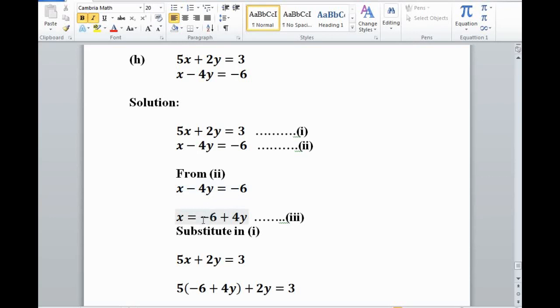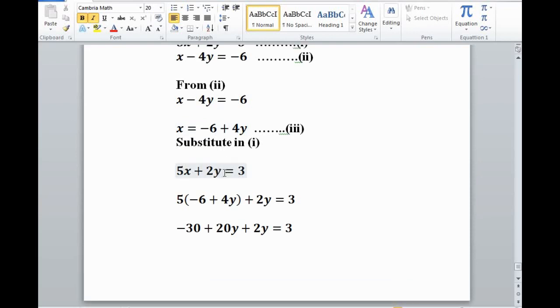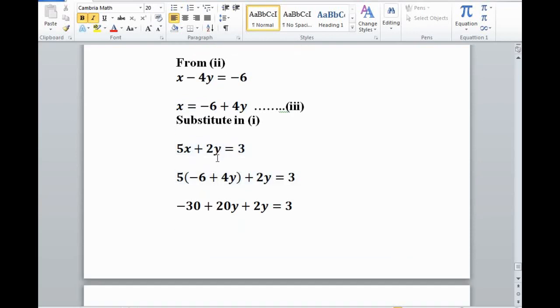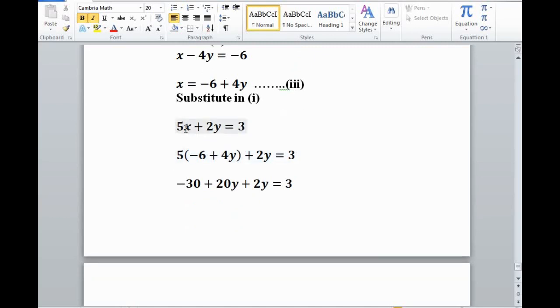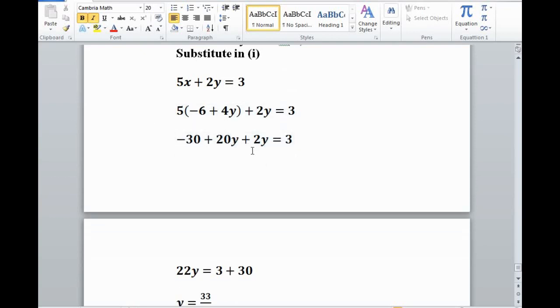y. So x equals negative 6 minus 4y. If we take this negative 4y from the left to the right side, this becomes positive 4y, which is our equation 3. And now let's substitute x equals negative 6 plus 4y in equation 1. So first I will write equation 1, which is 5x plus 2y equals 3. And then I will replace x by negative 6 plus 4y. So this equation becomes 5 into negative 6 plus 4y, plus 2y equals 3. Now 5 times 6, 30, negative 30, positive 4 multiplied by positive 5, 20y, and plus 2y as it is